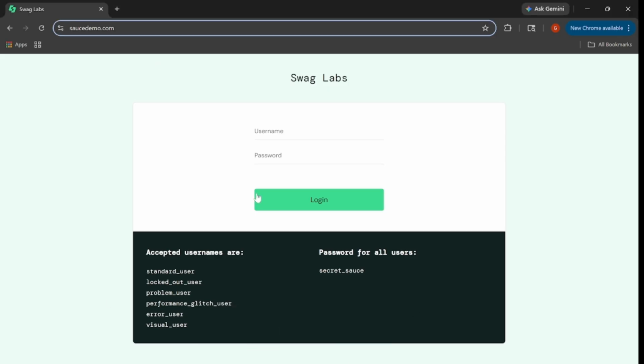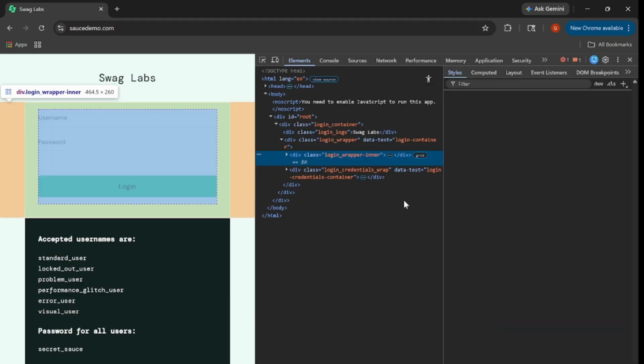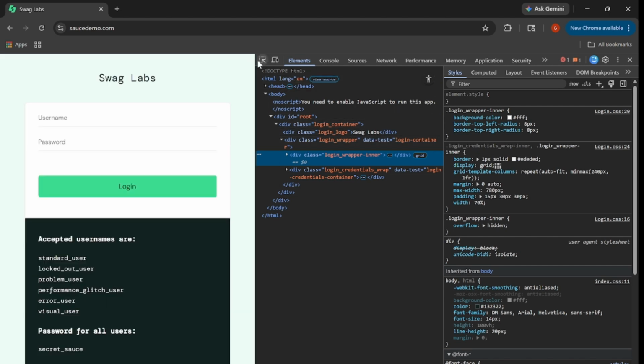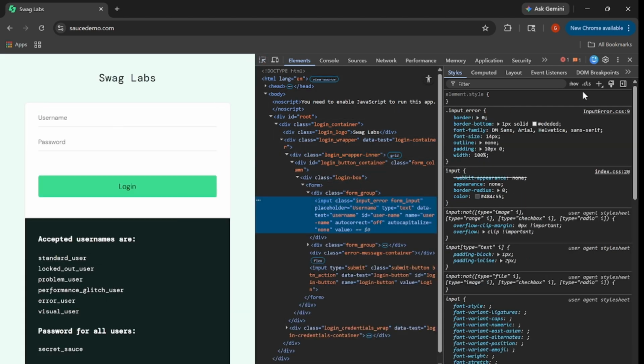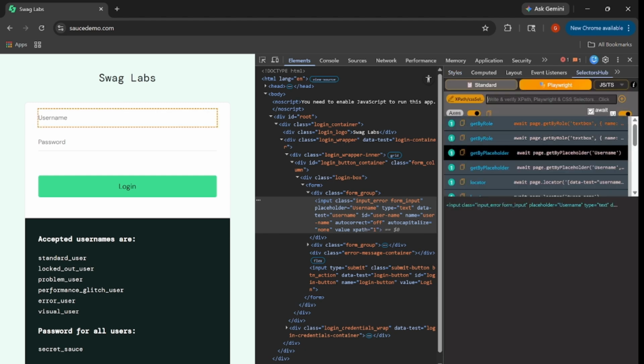This is our page. There would be many reasons to take the screenshot of a particular element, like why it is failing, if you want to debug that. So let me take the screenshot of any of the elements. For example, I want to capture the screenshot of the login page, or maybe the user field, or maybe the password. So I'm going to inspect it, then the user field, and take the path of it.